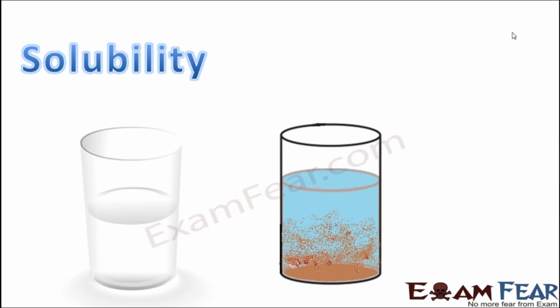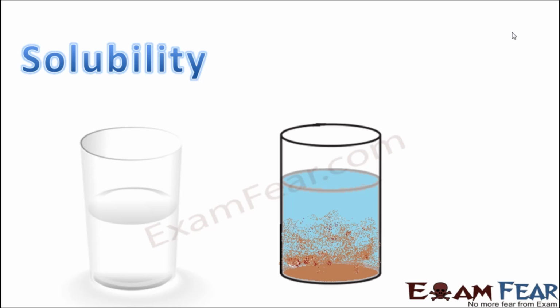Solubility is, for example, you think of this. You have a sugar solution. You put 2 teaspoons of sugar into water and mix it well. What do you get? You get a watery liquid. You do not get to see the particles of the sugar because it gets completely dissolved in the water. So we say that sugar is soluble in water.